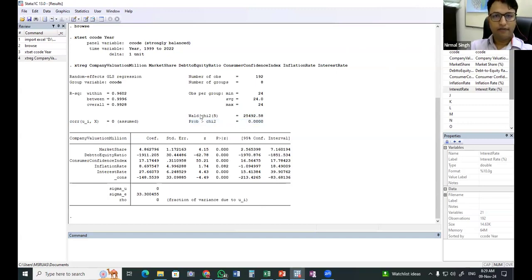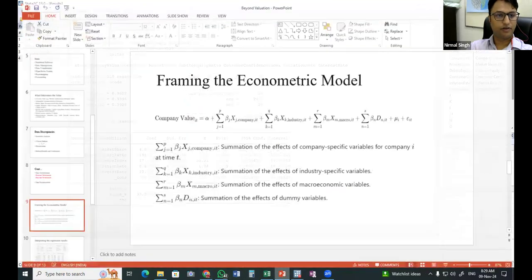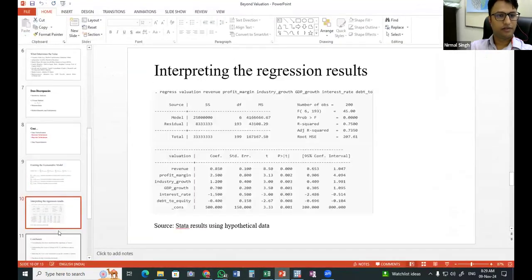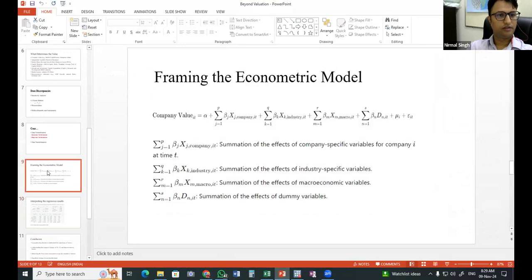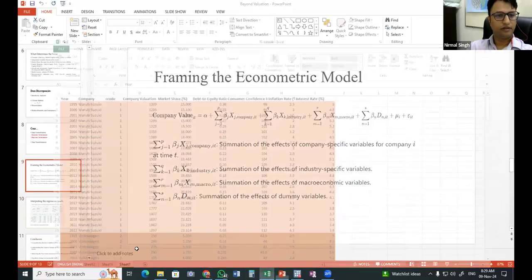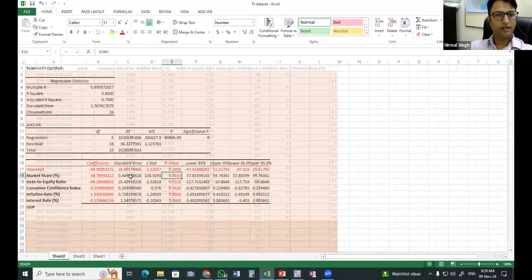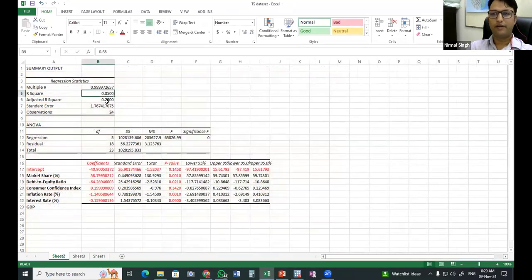Then after this, we will look at the R square value. R square is coming out higher compared to what we were discussing in the earlier slides, where it was coming out to be 0.85.